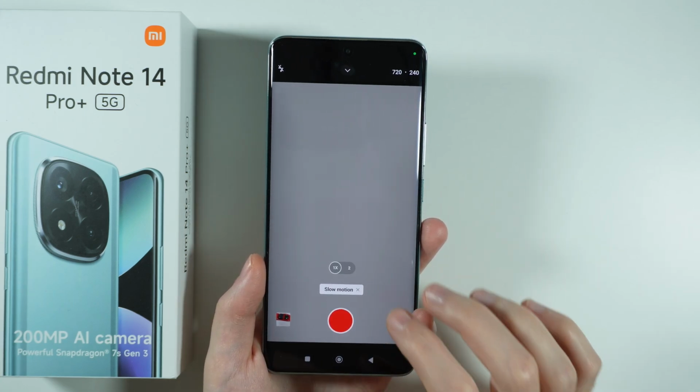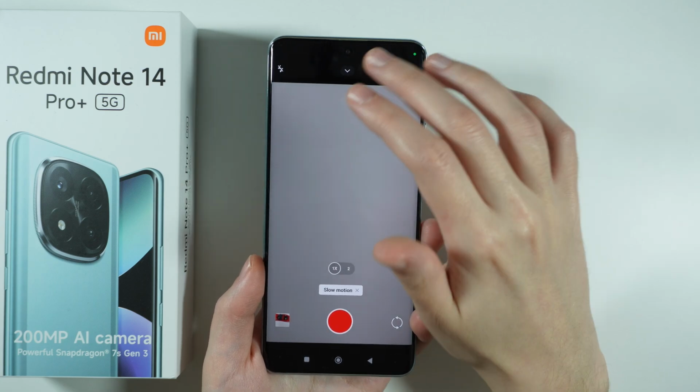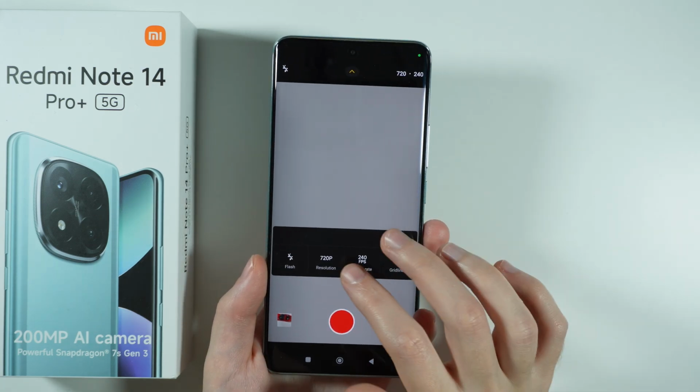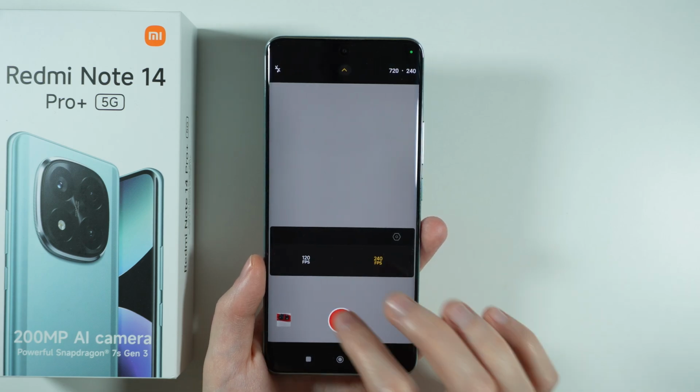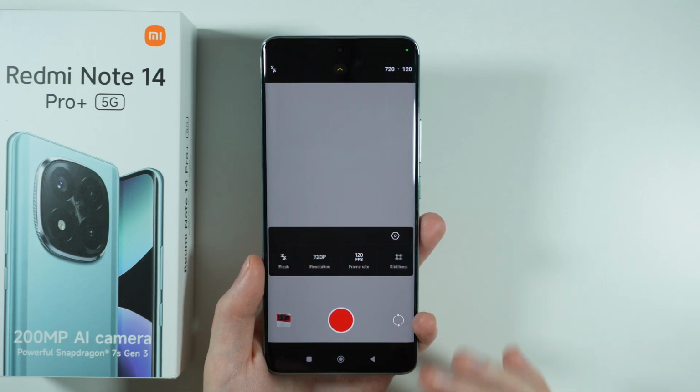This is the only way to change the speed of the slow motion. So if you want slower slow motion, you want to use 240 fps. If you want a little bit faster slow motion, then you want to stick with